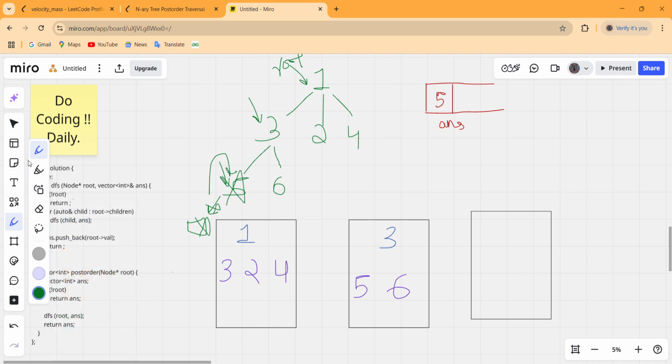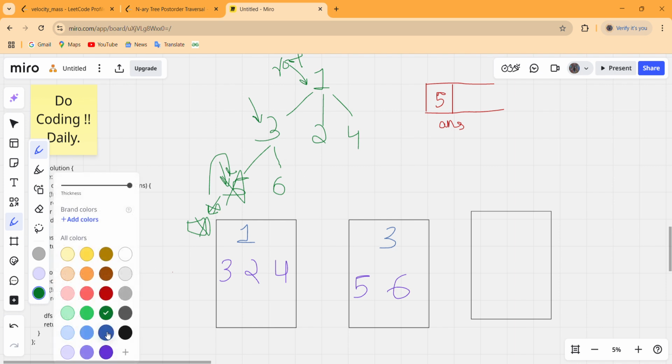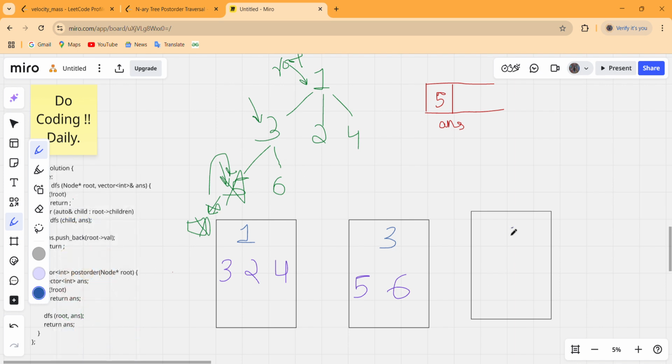Checking on the other siblings, we have this 6, so this time a DFS function for this 6 will be called, and whenever the DFS function for this 6 gets called, it checks whether the given root is empty or not. And this time the root is not empty because 6 is not empty, so it tries to move on every child of this 6, and as we can see there are no children for this 6.